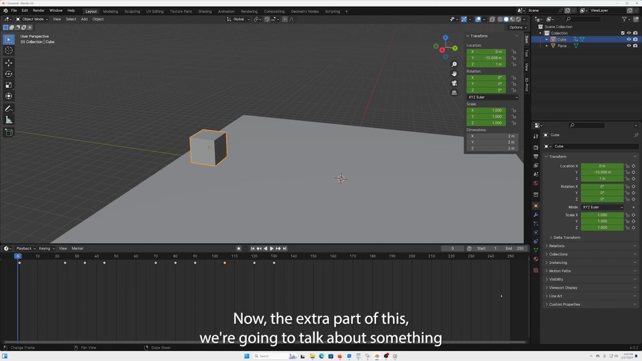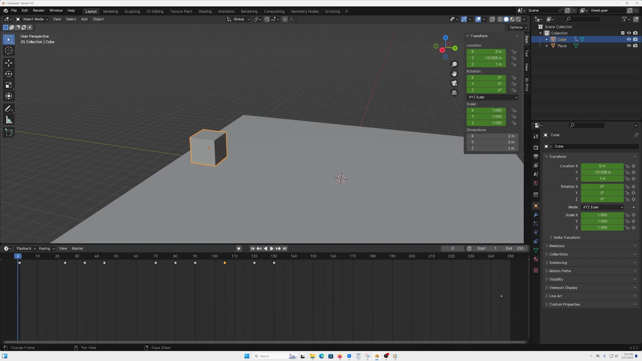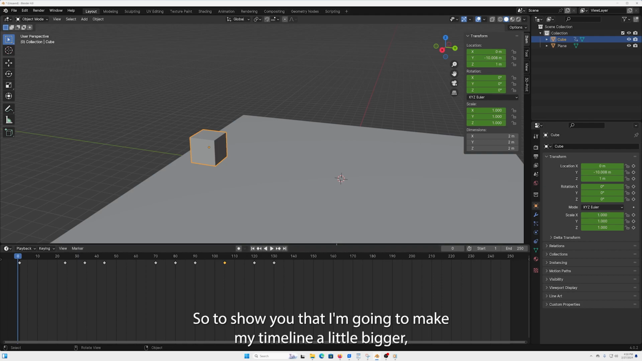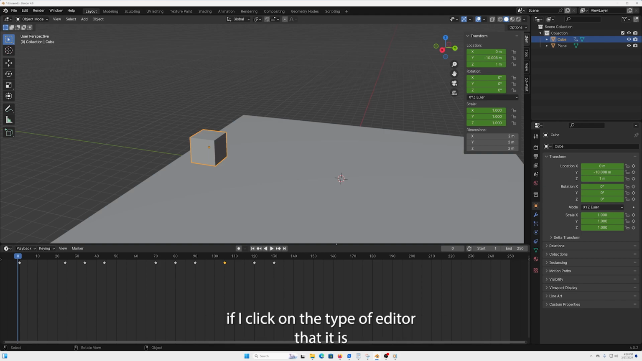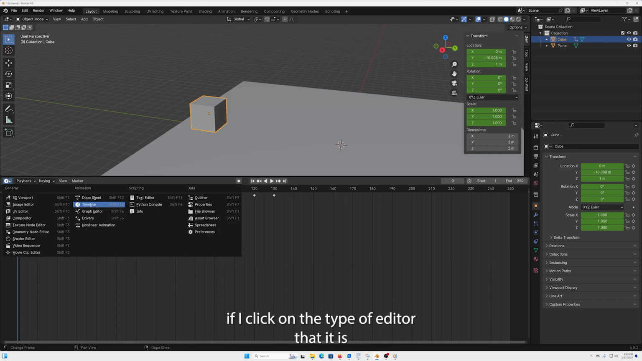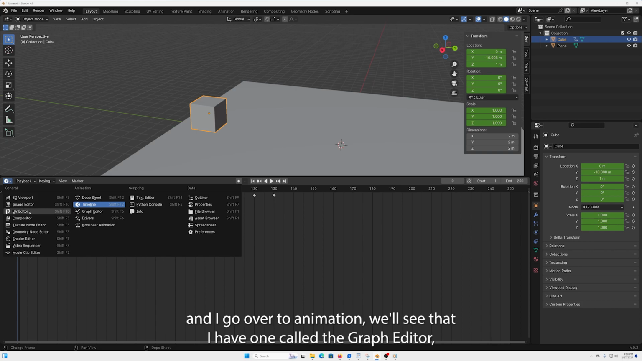Now, the extra part of this, we're going to talk about something that's kind of an advanced feature. This is going to be called the curve editor. The curve editor is going to allow me to really have a lot of control over my animations. So to show you that, I'm going to make my timeline a little bigger. If I click on the type of editor that it is, and I go over to animation, we'll see that